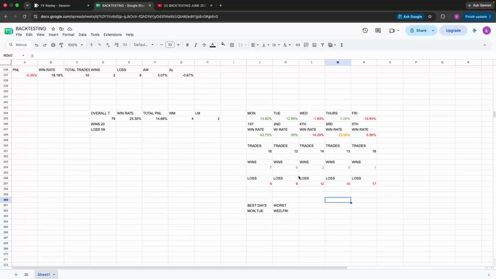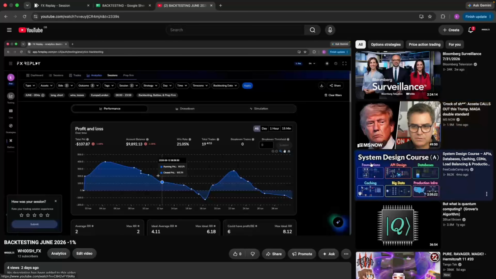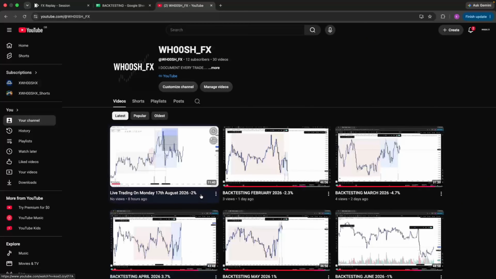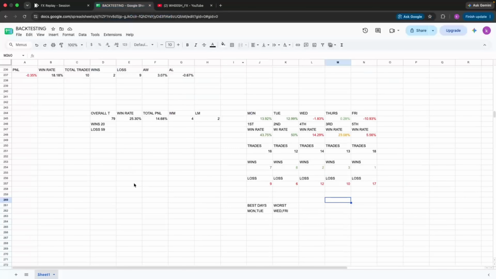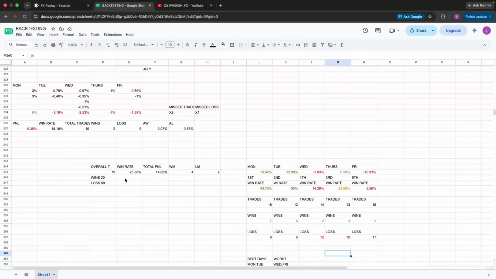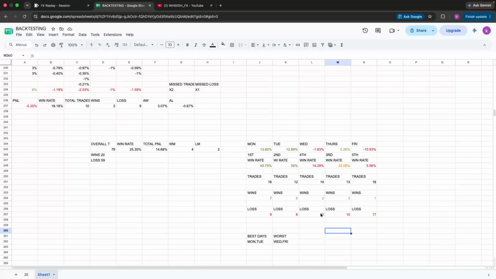But I think this is the easiest way to do it. Backtest it raw, take every setup you see, every setup that makes sense. And let me also check July live trading, where's July? July was minus 2.49%. So to end July minus 0.35%, saved us off an extra 2% loss. So can't complain. But yeah, backtest it raw, and that'll give you the sample size to